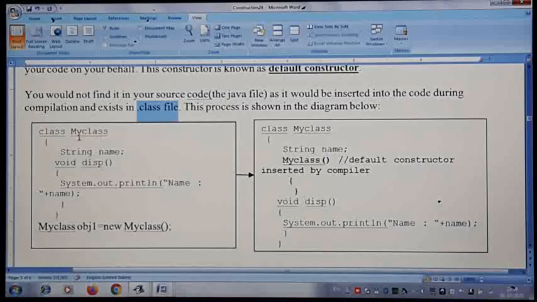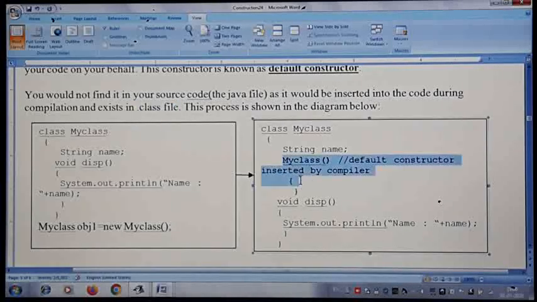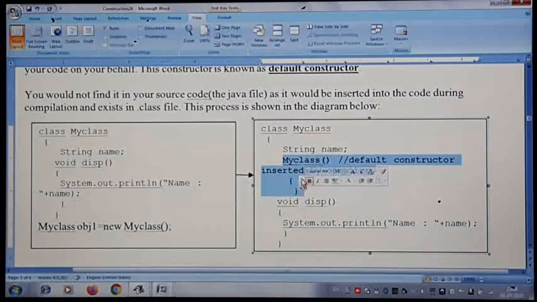Assume that when you write a program, MyClass.java is created, and when you compile, a bytecode is produced with the name MyClass.class, which is nothing but a bytecode file. So there in that class file, the compiler is going to insert one constructor with the same name as the class name.